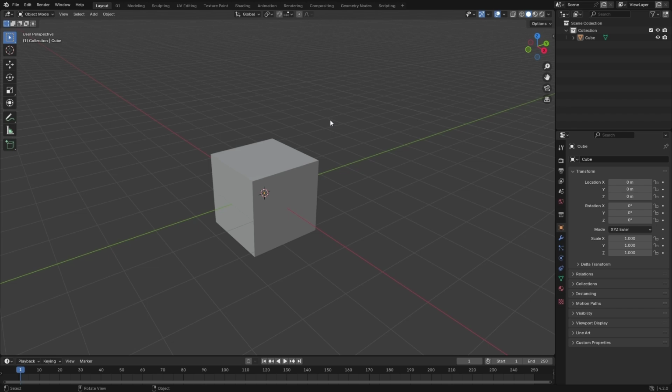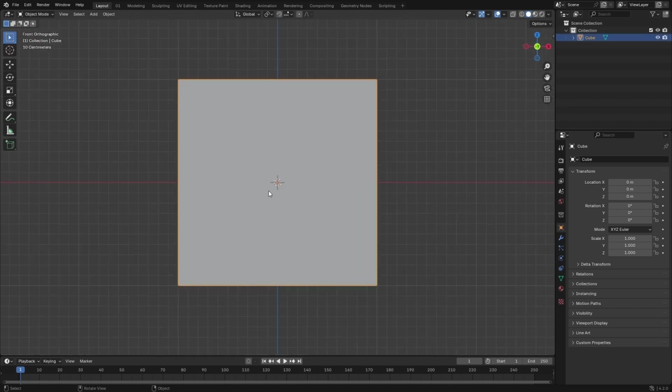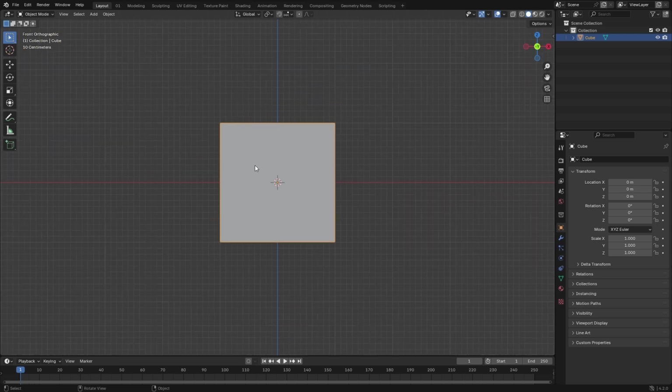So let me hit numpad 1 and period on numpad, and that's going to be our front view. You can see right here in this little information up here, we have the front orthographic and 1 cube and 10 centimeters the size. So let's go ahead and top view and maybe